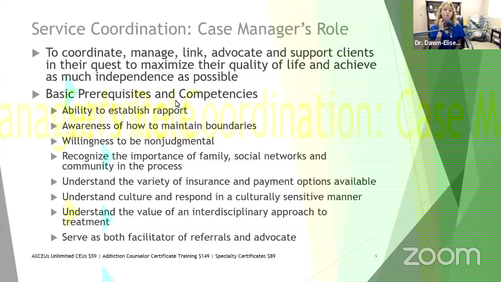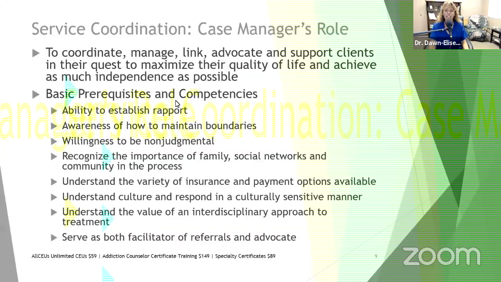So the case manager's role, and I said this when I was doing TIP 42 yesterday, we use very specific language when we're writing case management notes because there are certain agencies, reimbursement providers, whatever you want to call them, who are very specific about what they will reimburse for case management.